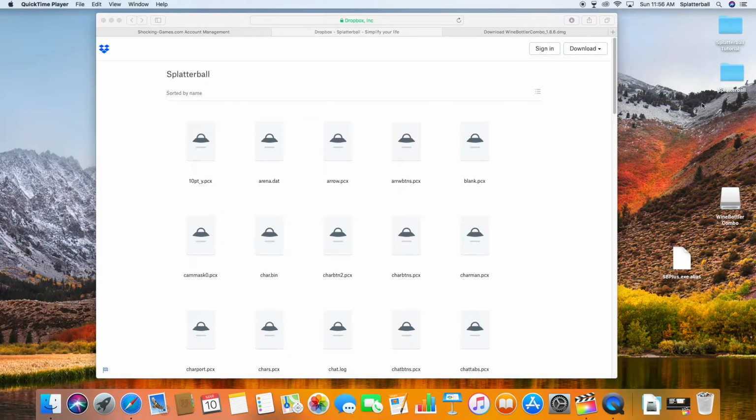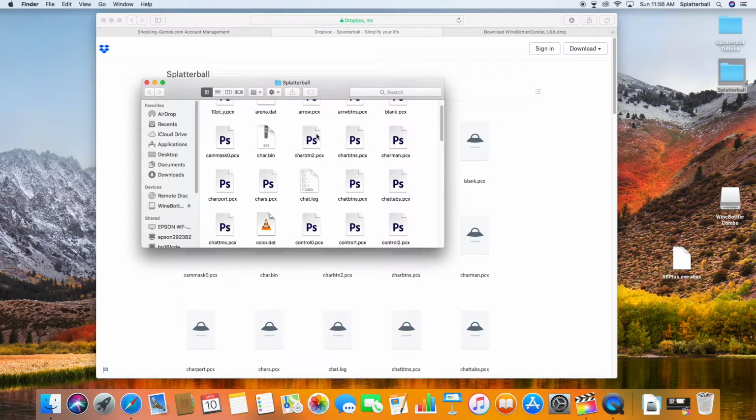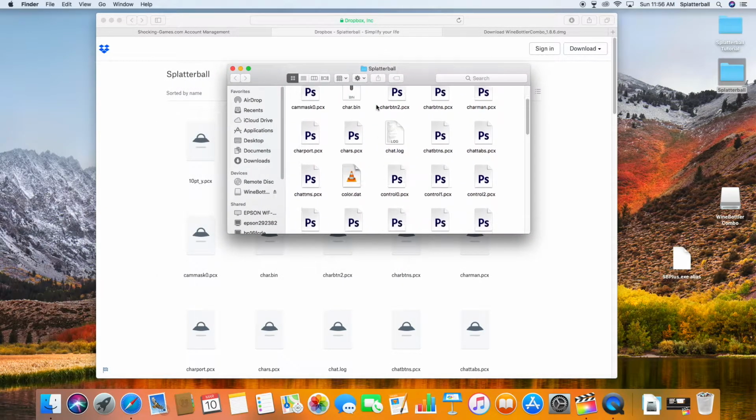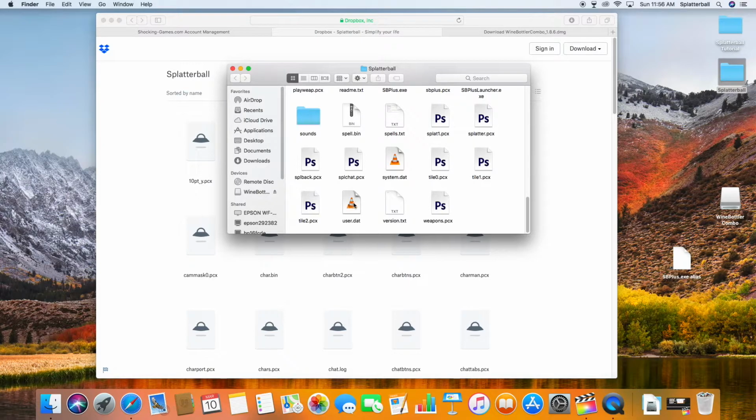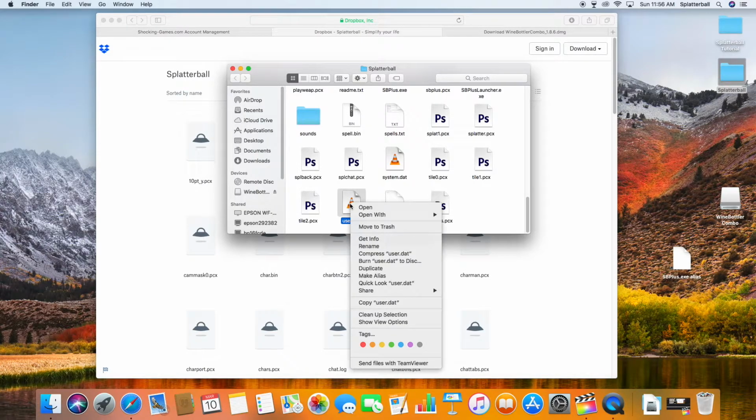Alright, so we're just going to want to open up our Splatterball folder now. And once we have the folder open, we're going to want to go ahead and browse down to the user.dat file. Once you see that file, you're going to want to highlight it, and basically we're going to need to control click it or right click it to bring up the submenu there,